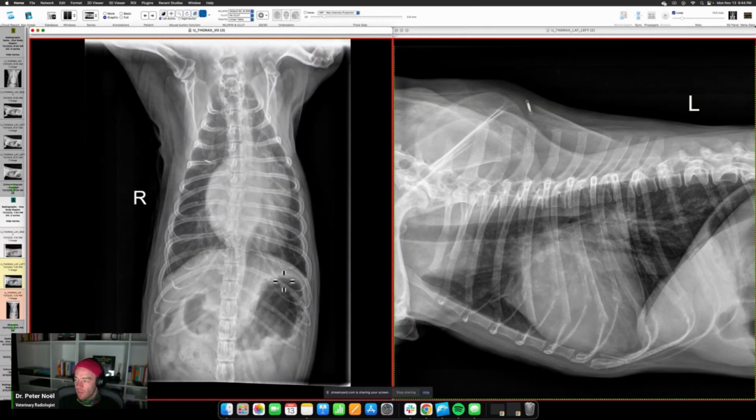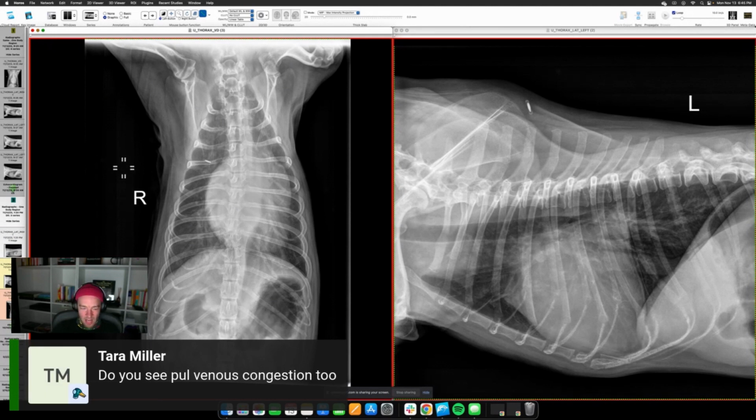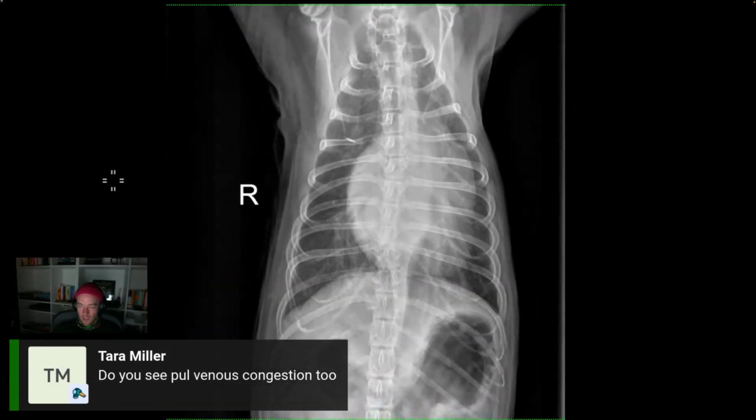Wow, we jammed on this case for so long. Do you see pulmonary venous congestion? I don't. I don't see pulmonary venous congestion, and I don't think I would bet